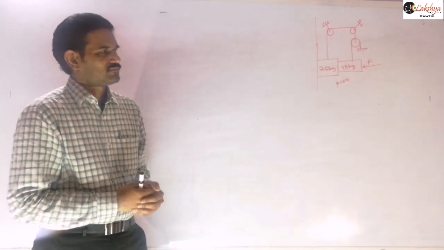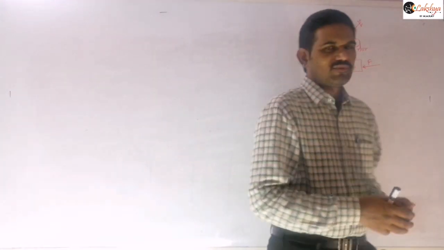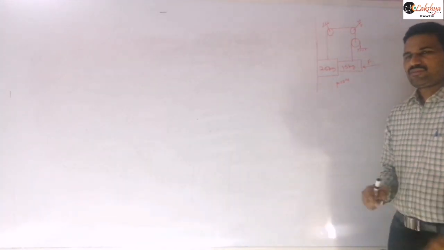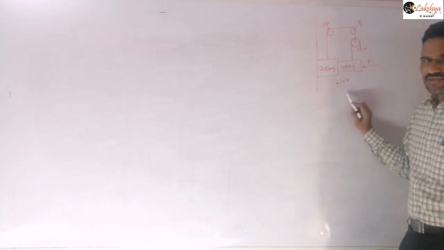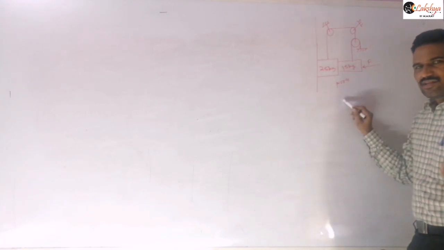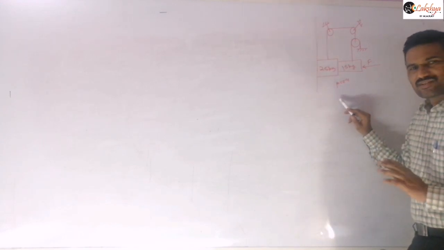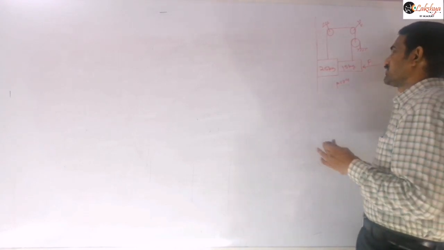Here also, as in the previous problem, you have to decide the direction of this frictional force. As I said, to decide the direction of friction, first let us assume that friction is not there. If friction is not there, which block will slide down first? Generally you will make the mistake of saying the 25 kg is the larger block, so it will move down first. That is not correct, because observe the tensions here.